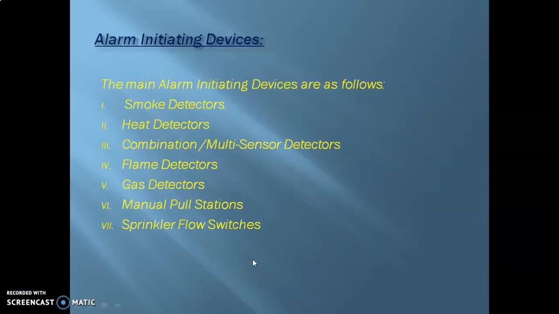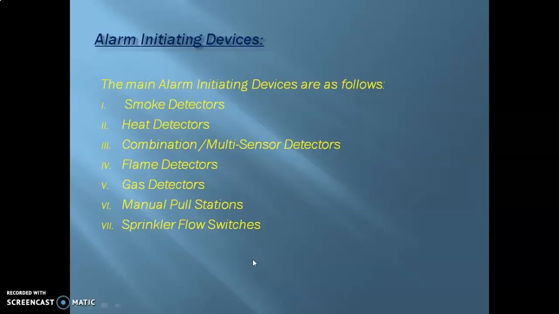Alright, so the next component that we will be discussing are the alarm initiating devices. There are several types of alarm initiating devices that are used to detect any sort of existing fire alarm situation. The main fire alarm initiating devices are as follows.